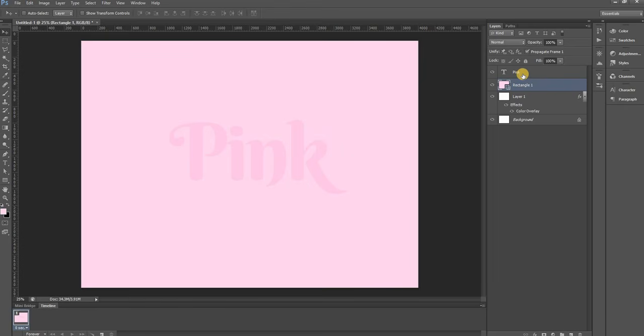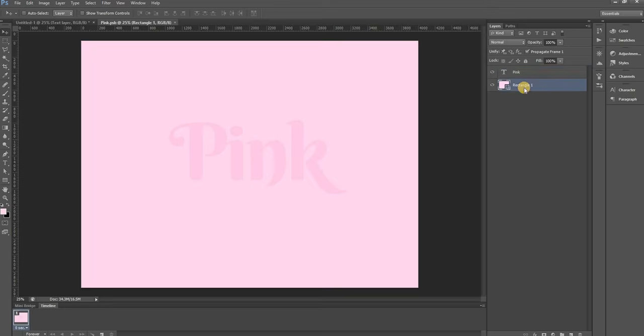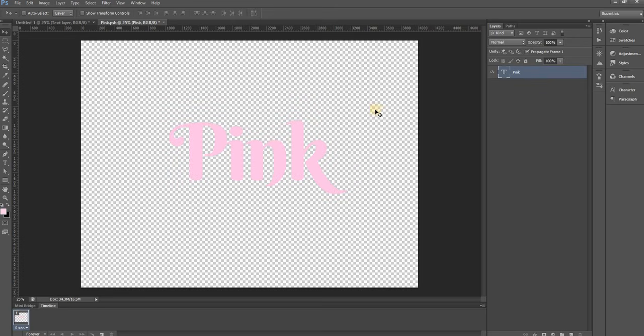Now I will select my rectangle and my text, so hold Shift and select both of these items. Right-click, convert to Smart Object. I will call this text layer, then double-click here to open my Smart Object, and then I can just simply delete my rectangle and leave only my text layer here, but with keeping basically this size of the canvas within